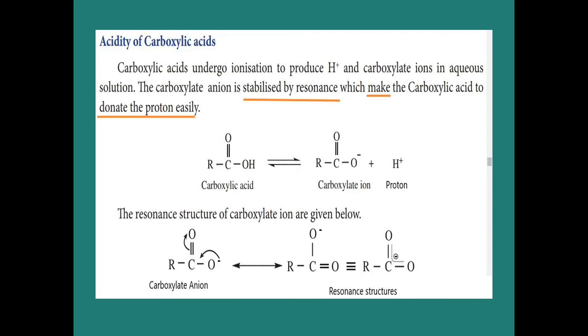Now we are going to see the acidity of carboxylic acid. An acid always gives H plus, we know very well. Here the carboxylic acid gives the carboxylate anion and also H plus. That H plus is called a proton. Here the carboxylate ion gives 2 resonance structures, so that by resonance it is more stable. A substance always likes to remain in the stable form, so the carboxylic acid equilibrium reaction always moves to the right-hand side, so that we get the proton very easily.